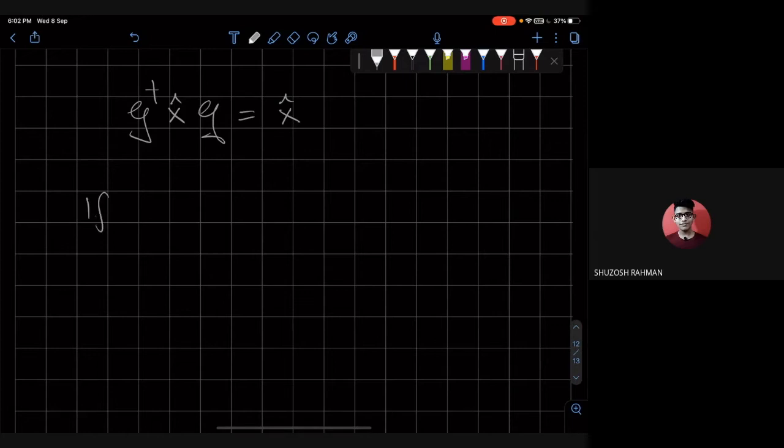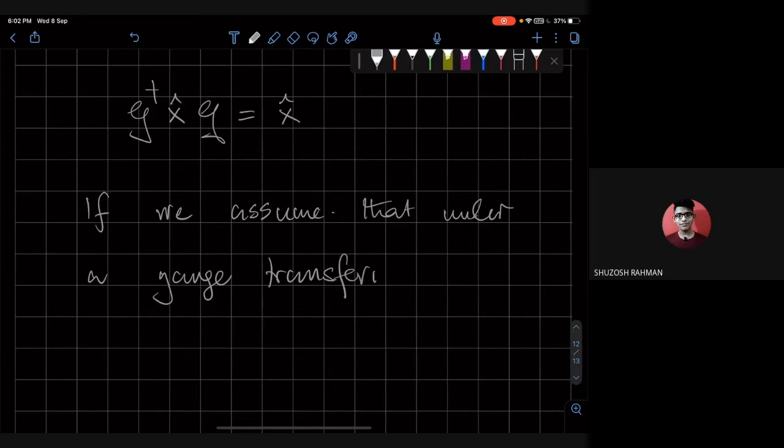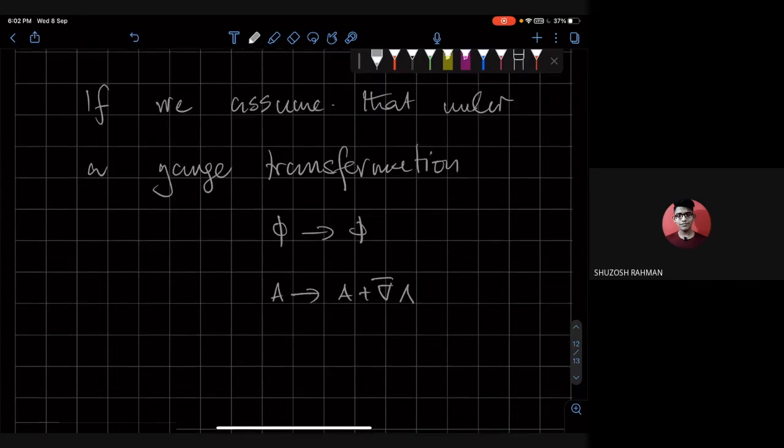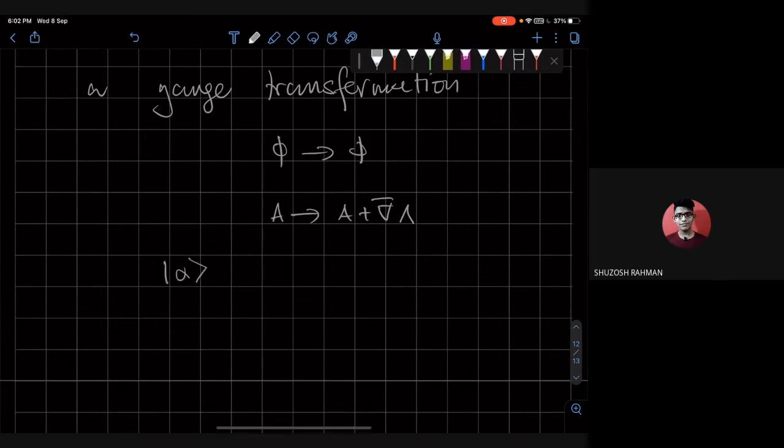So if we assume, I'm recapitulating, if we assume that under a gauge transformation, a very specific gauge transformation, in which phi remains unchanged, but A goes to A plus gradient of lambda, if under this transformation my state changes by G times the state, then what happens is,